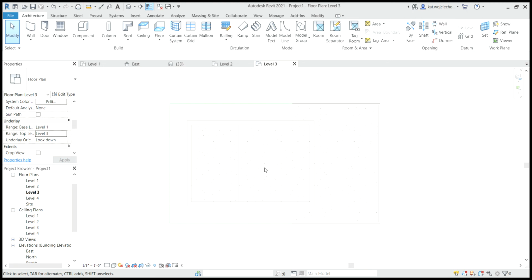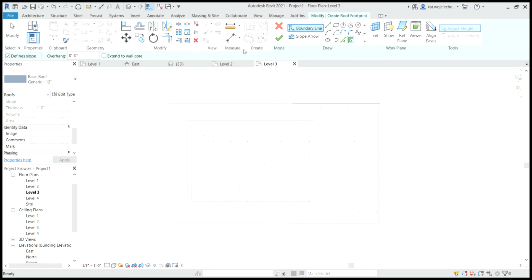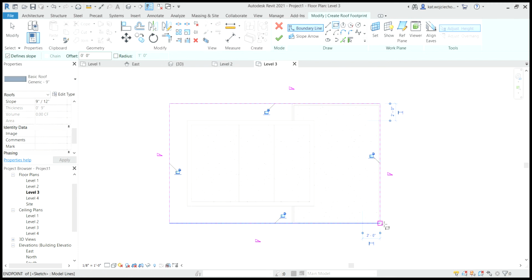Now we're going to place that roof. Alright, so we're going to go to architecture, roof by footprint. And we're going to make a rectangle. Let's make sure that we do a 9-inch generic roof. We're going to hit that rectangle tool, go from the outermost corner to the outermost corner,